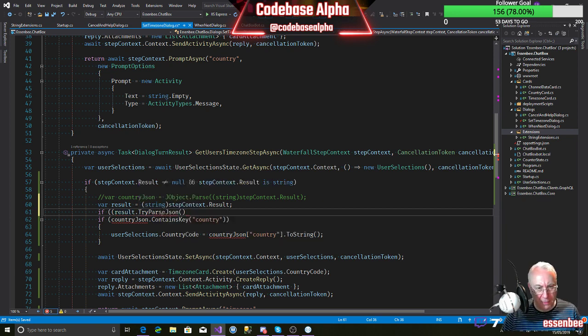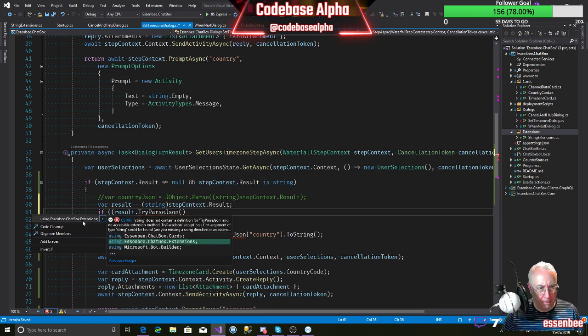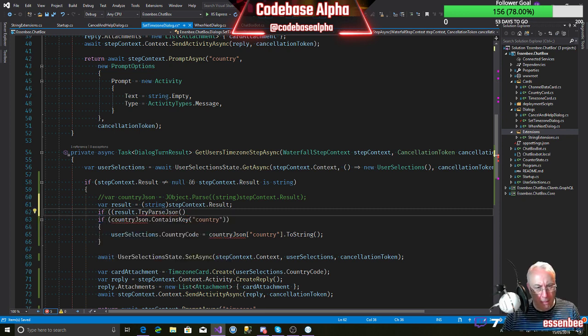And we need to grab that and bring it in. And this is going to be out var countryJson. I believe that should be what we need to do.